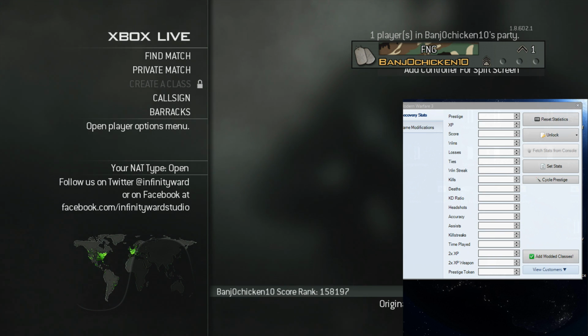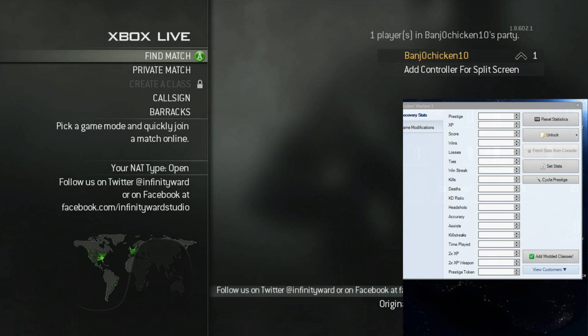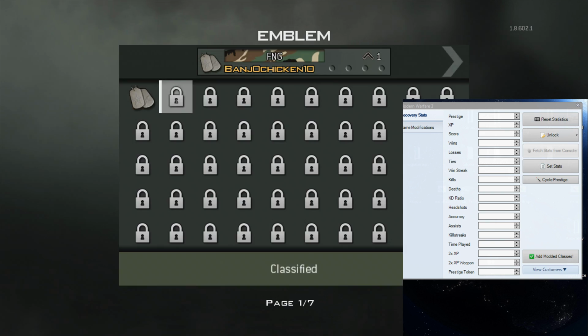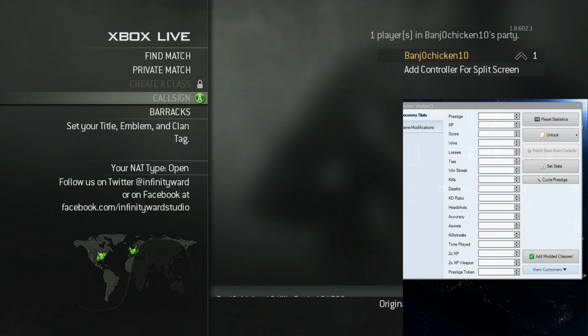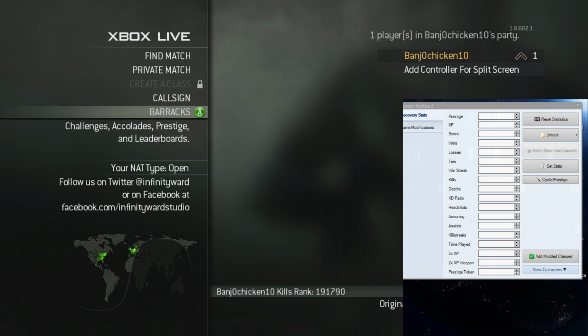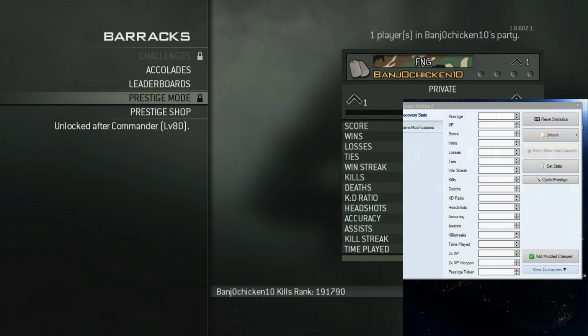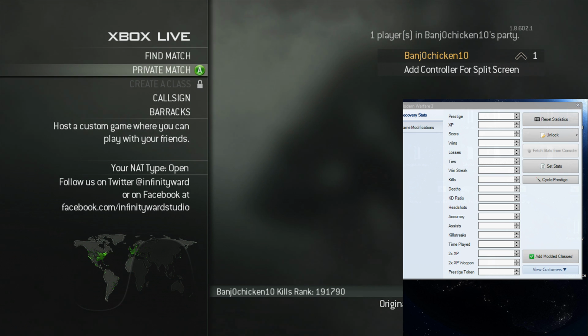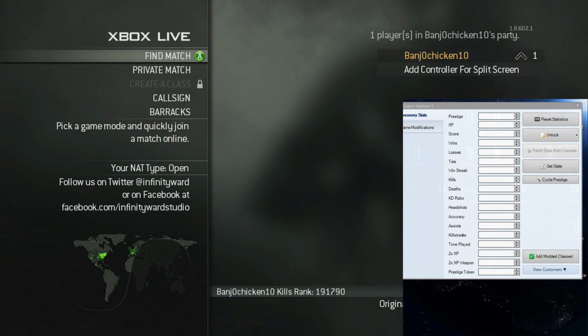So what we can do, first of all, if you have a look on the Xbox screen, you will see that this account is level 1, 0 prestige. It's got no titles really, no emblems, can't create a clan tag yet, no challenges, they're all locked, prestige mode is locked. Pretty much nothing on this account, can't even create a class. So let's go and use this tool to